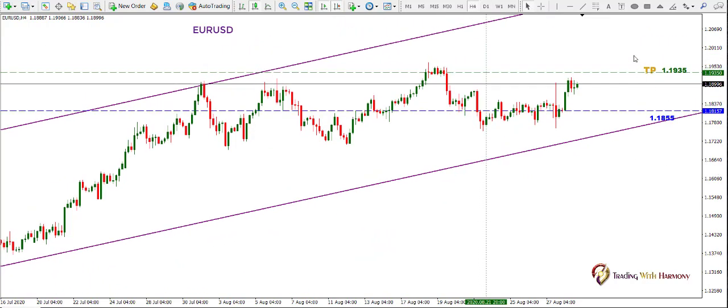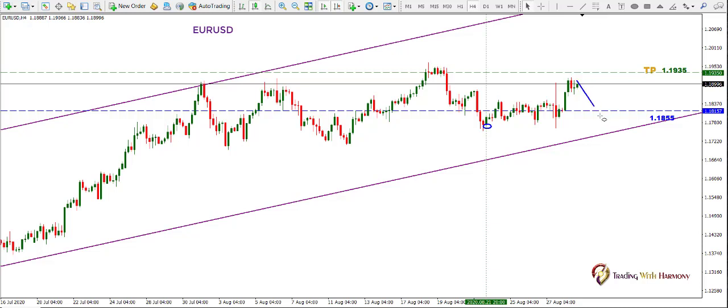Okay. So last week we were at this point here, and we finished here, and I was looking for a move down to the south, which it didn't do. It actually went sideways for the week, and then at the end of the week it went back into the bull mode. So for this week, what I'm looking for is for price to come back down